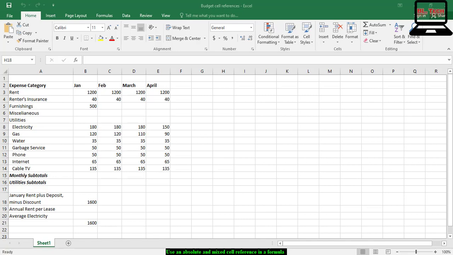In previous session or exercise, we have a file budget cell reference, so we will use this file for our exercise. Okay, are you ready everyone?